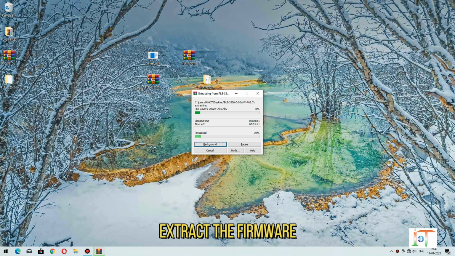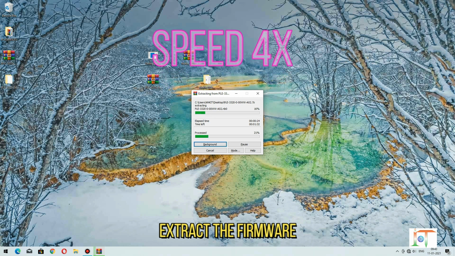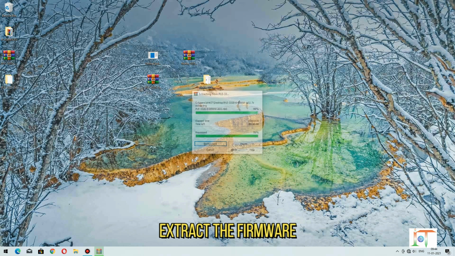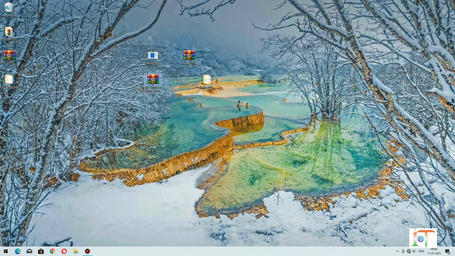Let it be extracted. The extraction of the firmware file is complete.